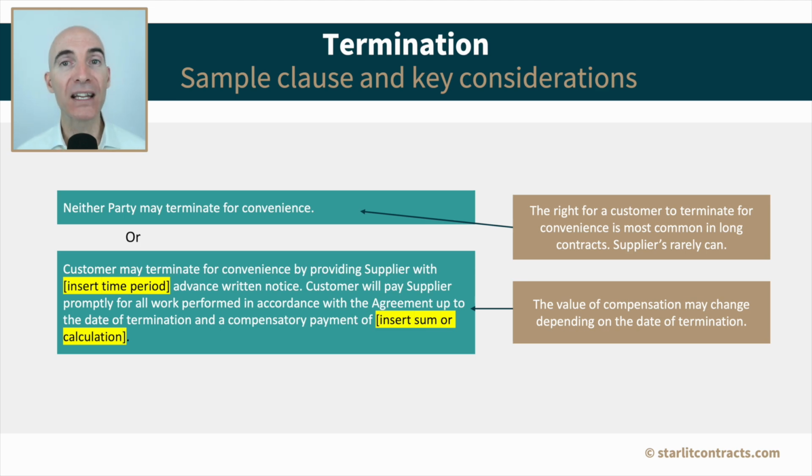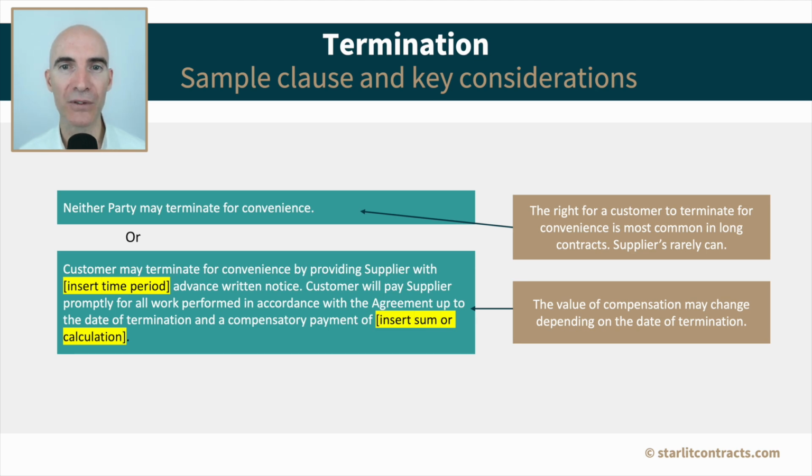But keep in mind that if you need to comply with IFRS 15, then for a party to have the ability to terminate for convenience can impact on your ability to book that order, so be mindful of that and check with your accountant. Now, in all cases that I'm aware of, it's been the customer that's retained that right to terminate for convenience. I've not seen it on the supplier side.